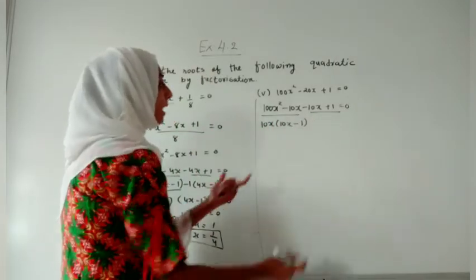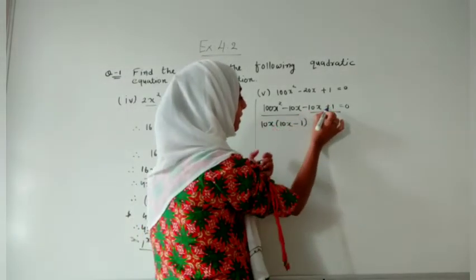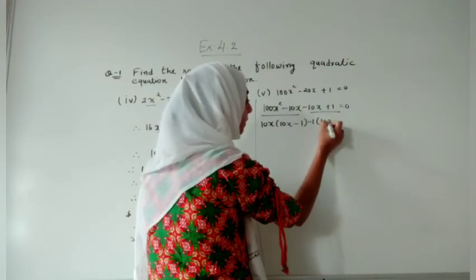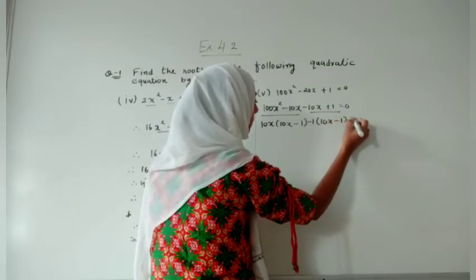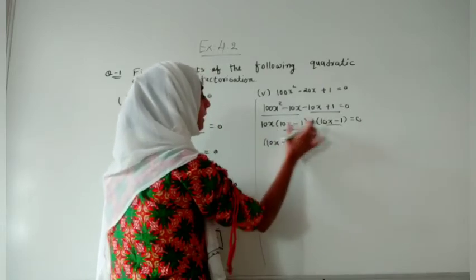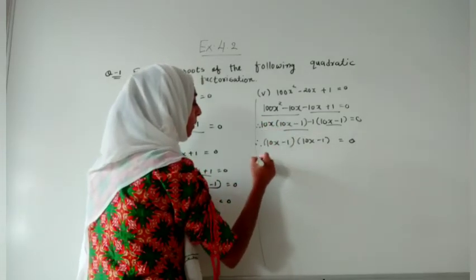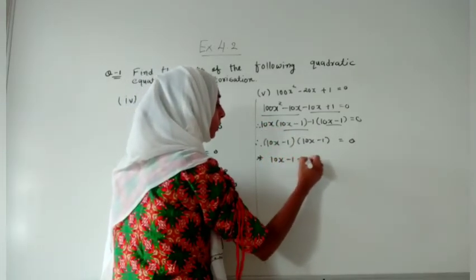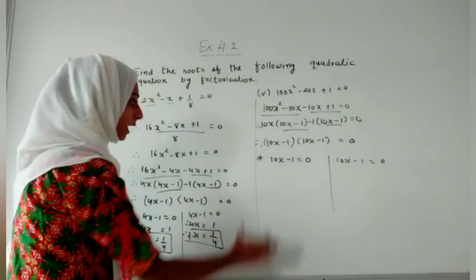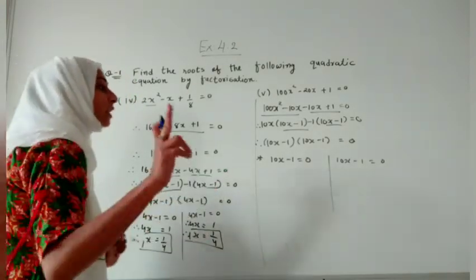Now if we have taken 10x common, पूरी टर्म निकल गई है तो सिर्फ यहाँ पे बचेगा that is 1. अब यहाँ हम देख सकते हैं again the same process is happening. यहाँ पे भी सेम चीज आई है but the symbol is different. So we will take minus 1 common. So this minus 10 will become plus x and this plus will become minus and that is equal to 0. Now if these two brackets are the same we will write it here and this thing we will write in another bracket and that is equal to 0. Now we will compare this. We are comparing 10x minus 1 with 0 and we are comparing this 10x minus 1 with 0. Though we know that both have the same answer, still we will compare and we will make the same answer over there too.